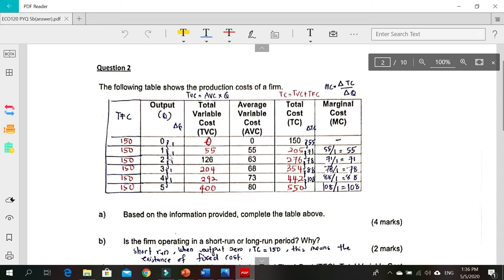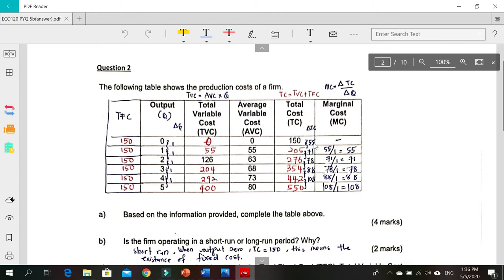Quantity pun ada kat sini. So 55 darab 1 dapat 55, 63 darab 2 126. Ataupun you boleh cari cara lain, which is nak cari total variable cost, is basically total cost tolak total fixed cost, which is